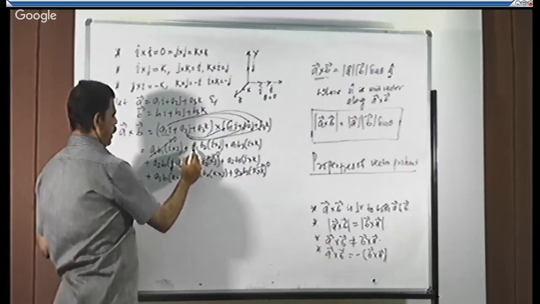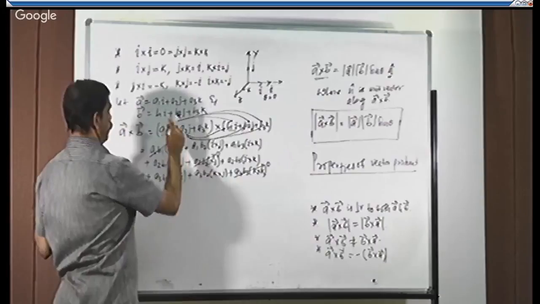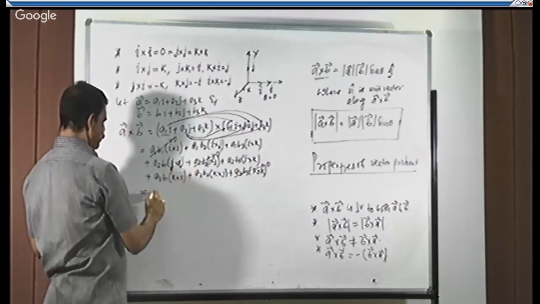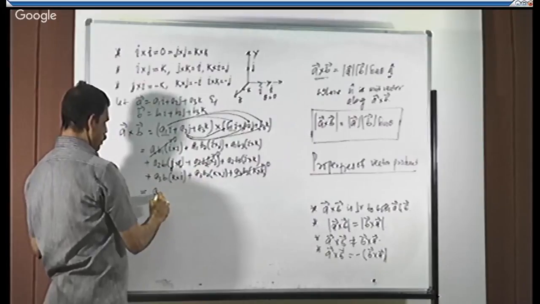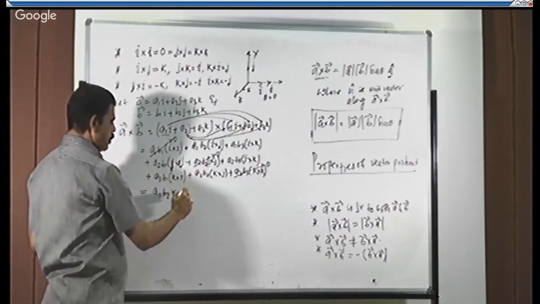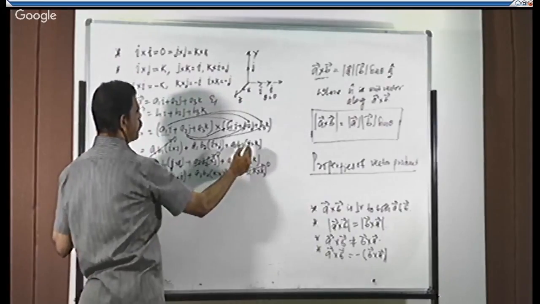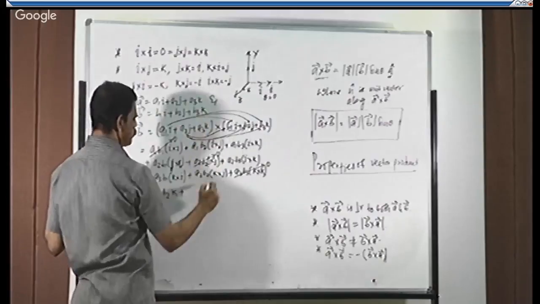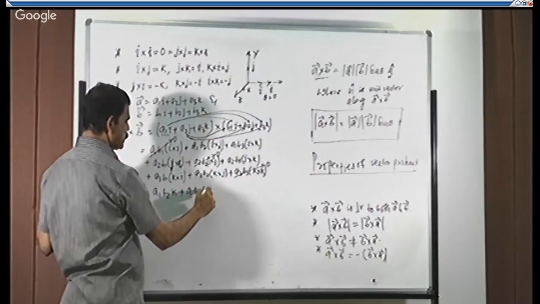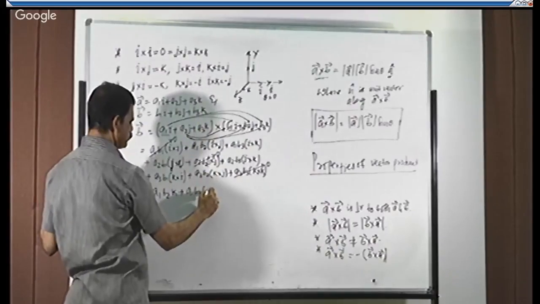Next, A1 B2 I cross J. What is I cross J? It is K only. That is A1 B2 into K, plus A1 B3 I cross K. I cross K is equal to what? I cross K is equal to minus J,